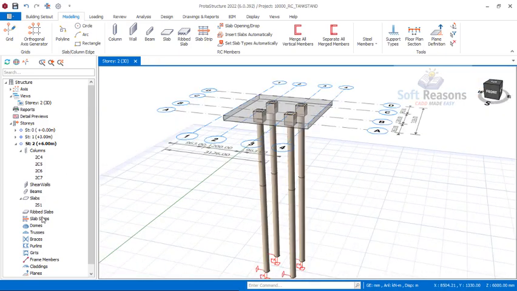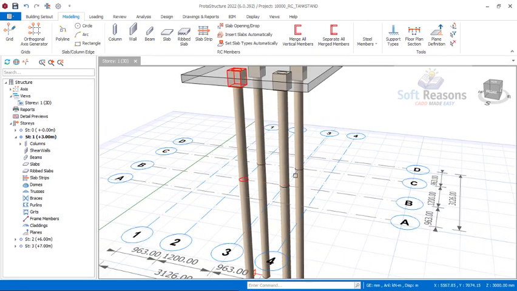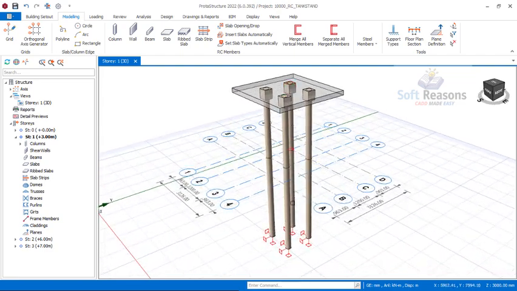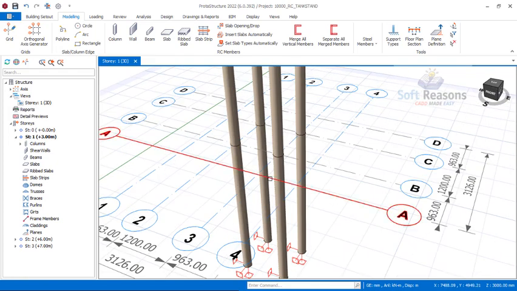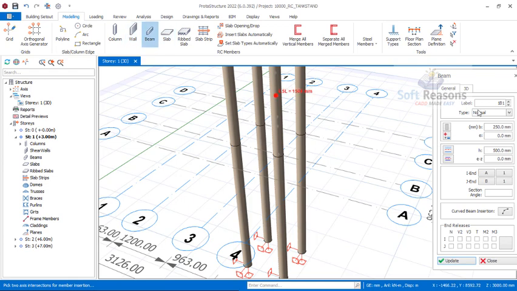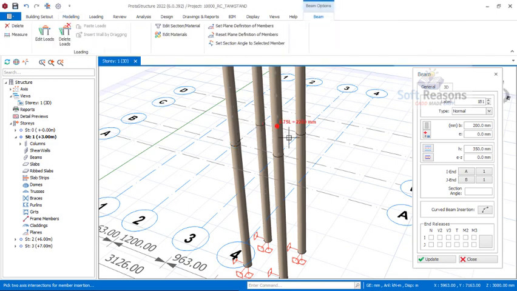I will also be navigating to level 1, this level. So we have a beam here. All right, we have a beam here. We wouldn't want this column to be too slender. That is why we have to break it at 3 meters. Okay, so we will be inserting a beam over here, and then select the reinforced concrete beams icon. So we have a beam of 200 by 350, just like this. All right, this beam is not actually